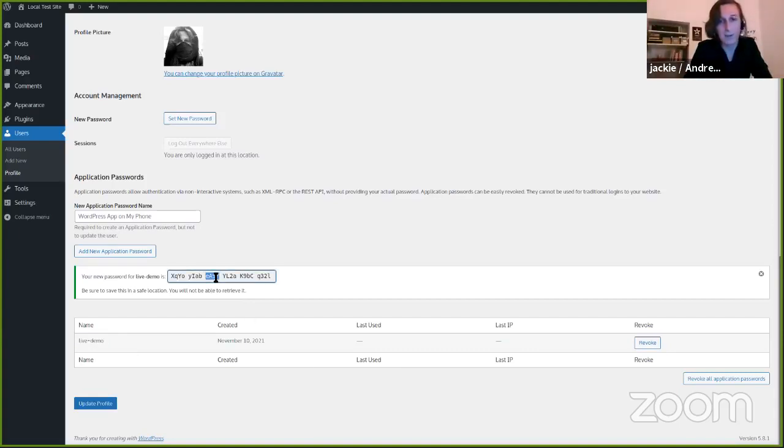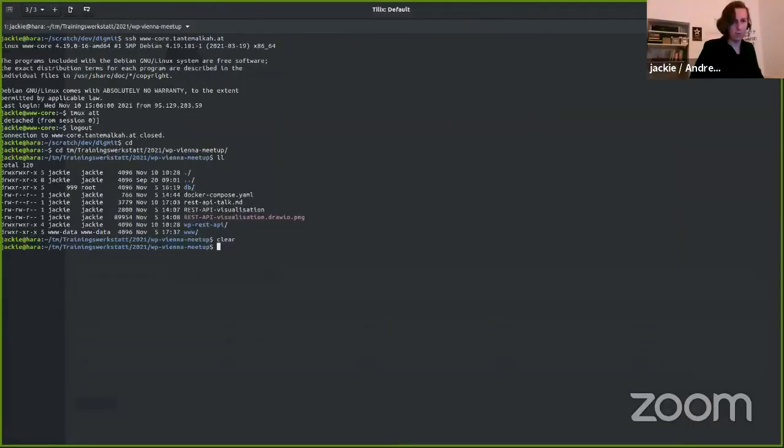And this is the password. The next time I visit the page, the password will be gone. So I have to store that somewhere secretly. And as said, we need to transform it. We have to generate the token, which is a base64 encoding of the username and the password. So I'll do that quickly here.